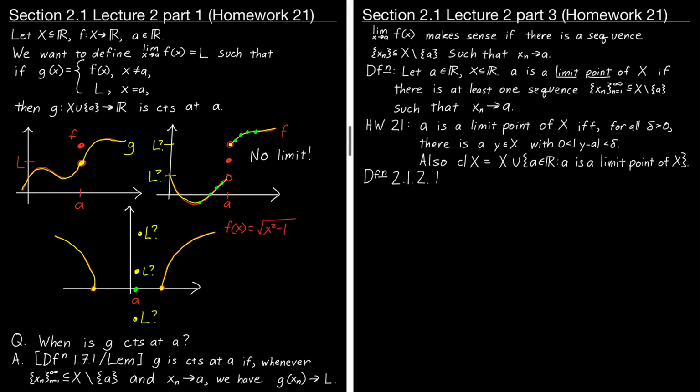So let's let X be a subset of the real numbers. Let's let F be a function whose domain is X. And let's let A be a real number. So then, we're going to need a bunch of cases. Our first case is if A is a limit point. So suppose A is a limit point